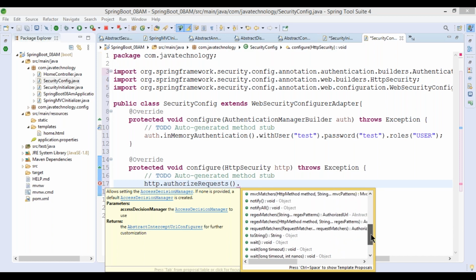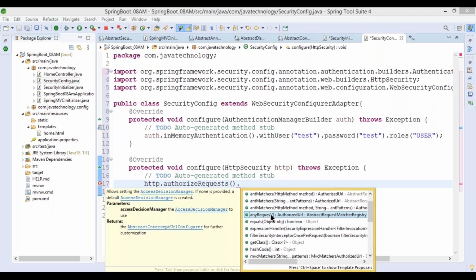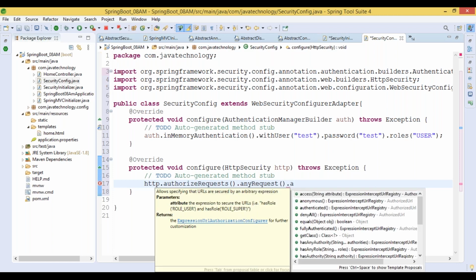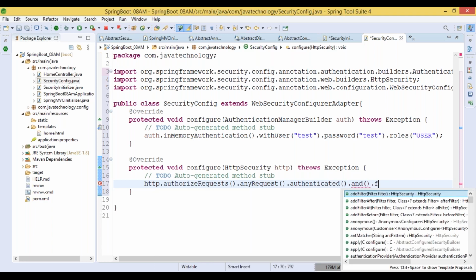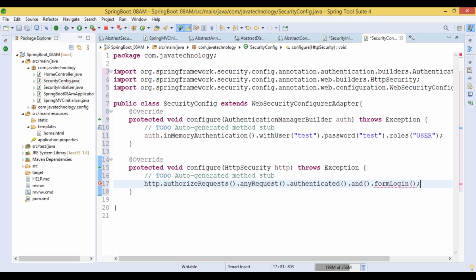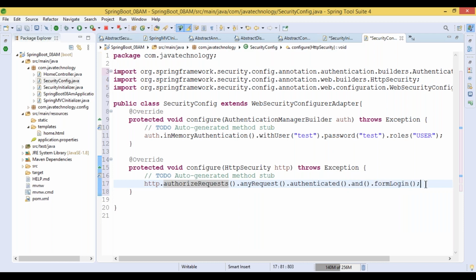Any request, request matches any request. So any request dot authenticated, sorry. And I am trying to provide form login. How are we going to authenticate it? Using our form login. Any request, authorized request, because any request is coming, we need to authenticate it. And how are we going to authenticate it? Using the form login. So this is the main configuration we need to provide, and we are using in-memory authentication here.